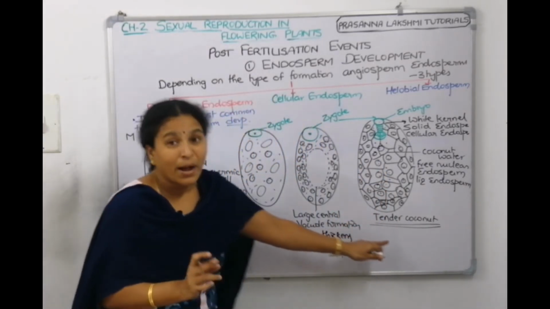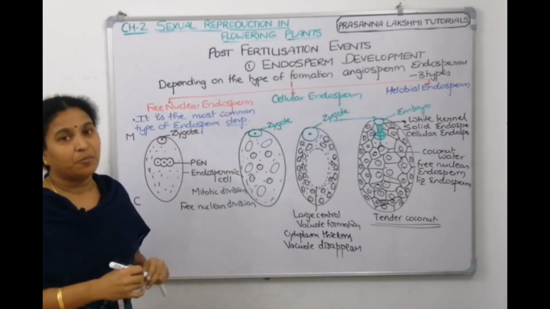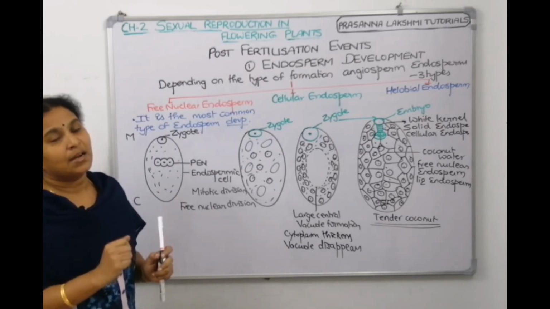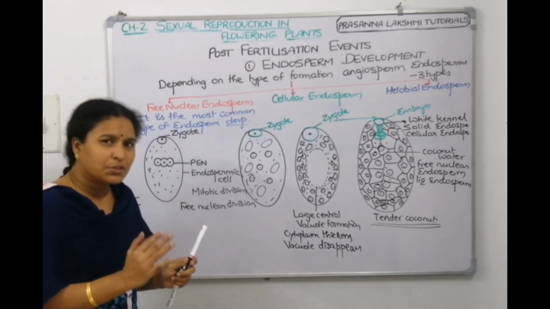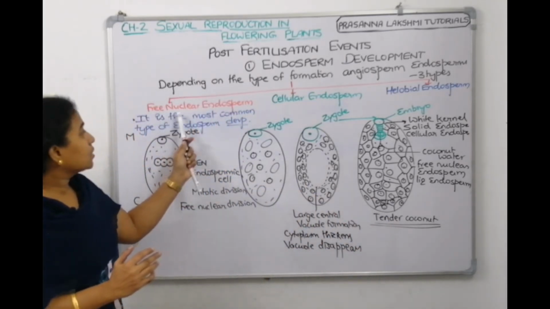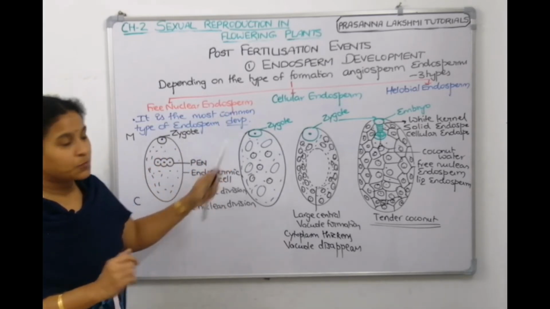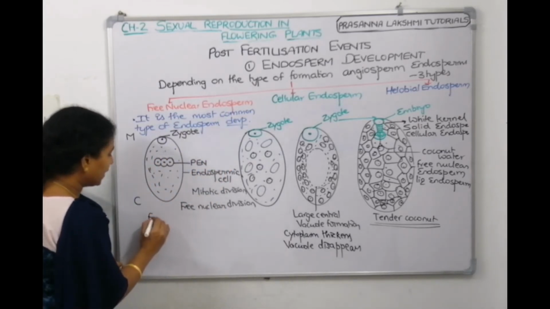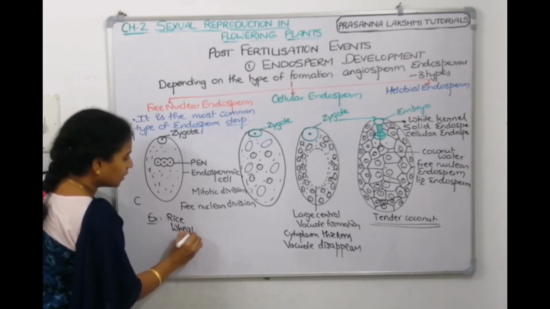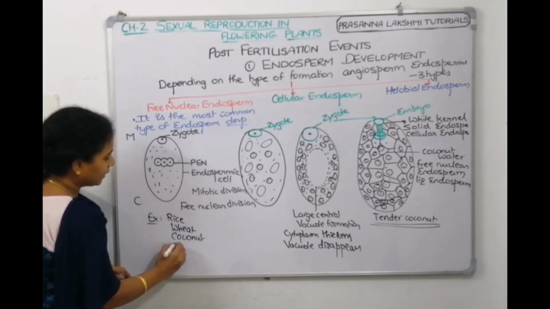So this is one type of endosperm development. It is called free nuclear endosperm development, because the initial endosperm divisions are only nuclear divisions. Karyokinesis, nucleus division, is only happening. Cytokinesis happens later on. So that is called free nuclear endosperm formation, and it is the most common type of endosperm development. Where do we find it? We find it in rice, in wheat, in coconut also, and in sunflower,